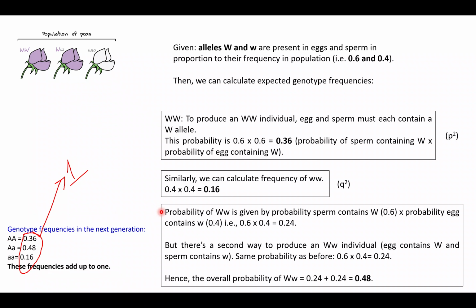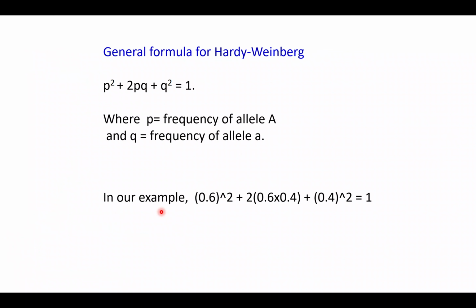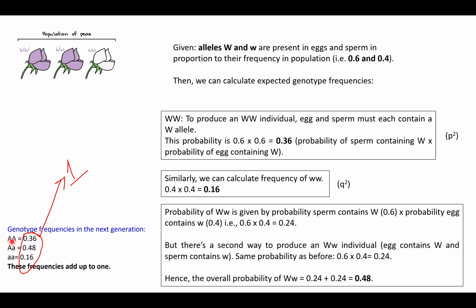In the next part, I'll bring the equation into the picture. Since you are clear with allele frequency, what is P, what is Q, how we got P square, how we got Q square, and how we got 2PQ. So this is the formula for Hardy-Weinberg. It says P square plus 2PQ plus Q square is equal to 1. P square is the homozygous dominant, Q square is the homozygous recessive, and 2PQ is the heterozygous condition. Twice because this can go both ways.